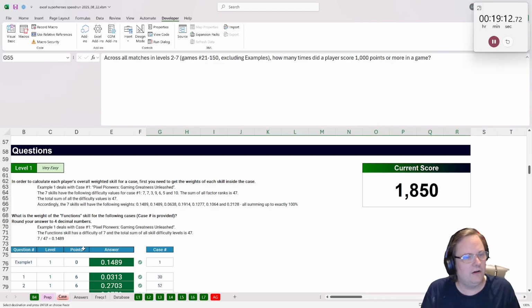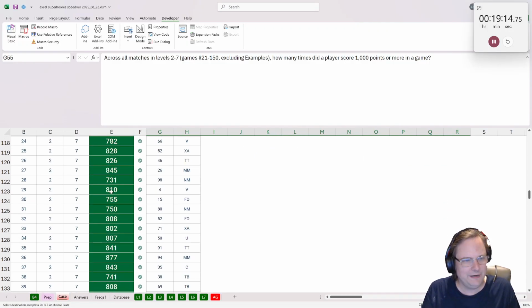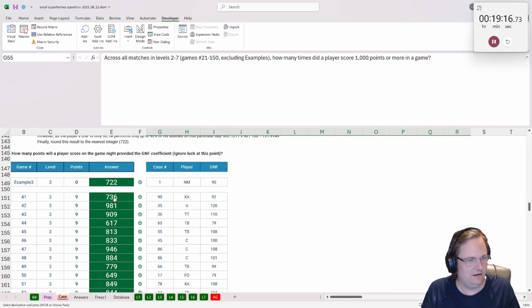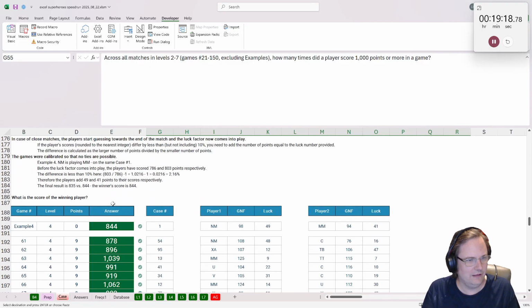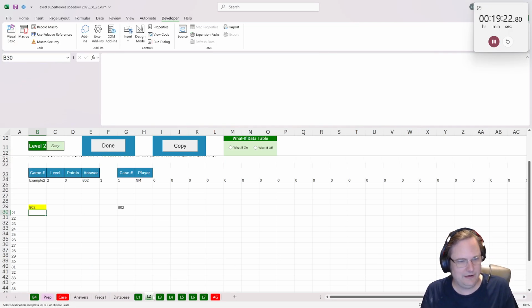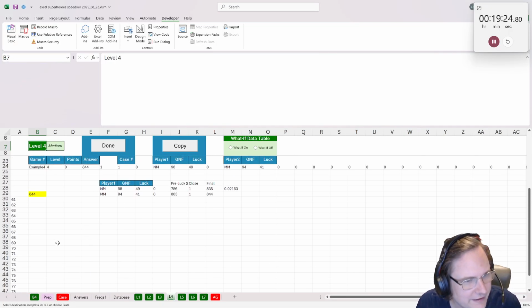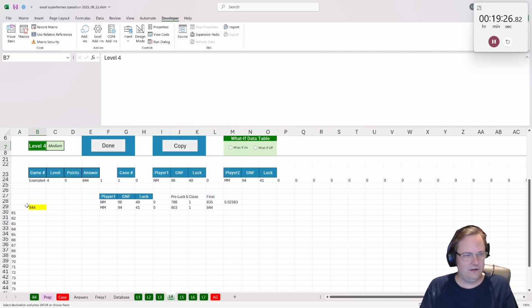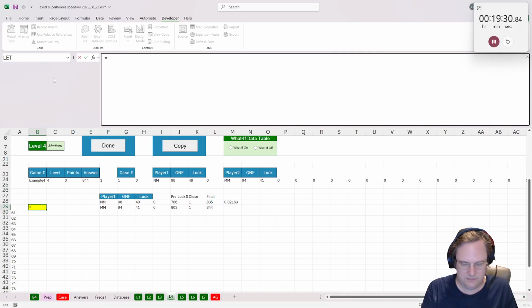All right, so nobody has over 1,000 in levels 1, 2, or level 3. It's only level 4, and there's multiple players who might make it. All right, so I'm ignoring levels 2 and 3. But starting on level 4, I want to know, count if the final score here is greater than or equal to